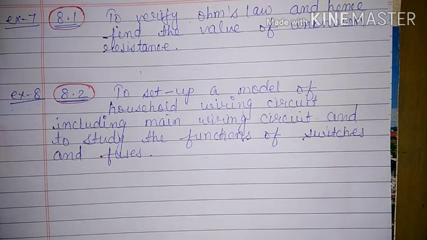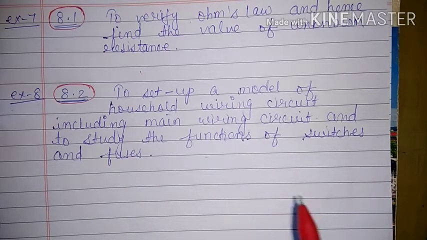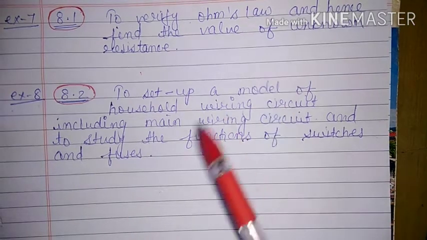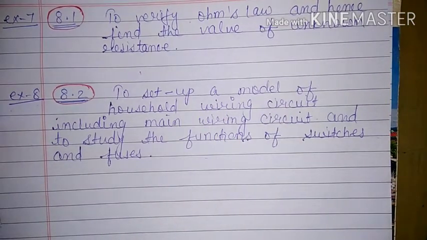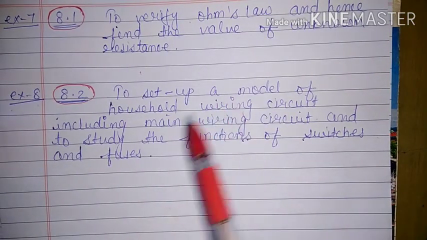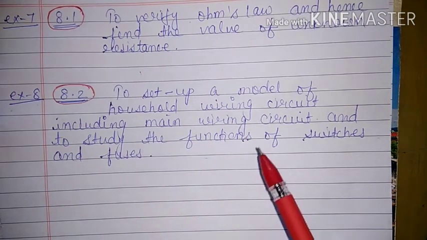First of all, we will mention experiments not as 0.1, 0.2, 0.3. We will directly mention experiment 1, 2, 3, 4, 5, 6 till experiment number 8. Next thing, you will see the aim of the experiment and accordingly you will write its aim. I am saying that many subparts are also given in each experiment. So accordingly, first you have to match which one you have to do and then you have to do it in the lab manual.